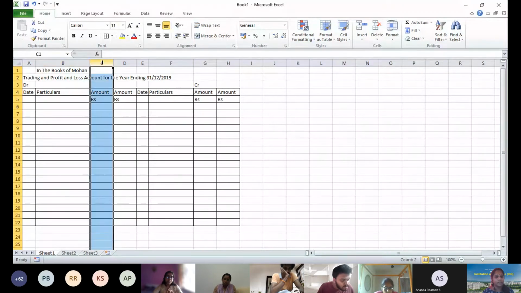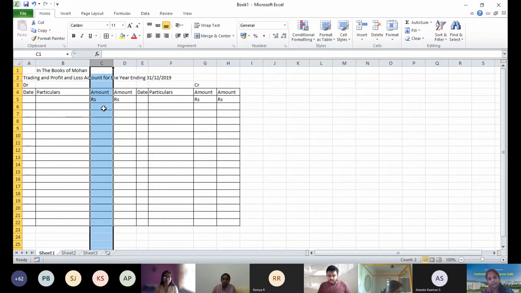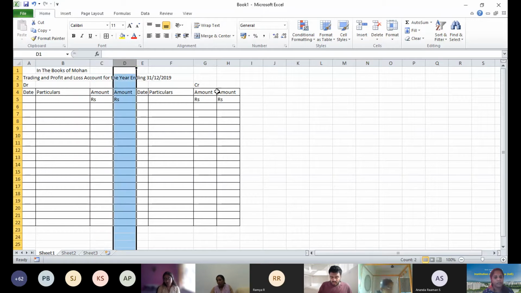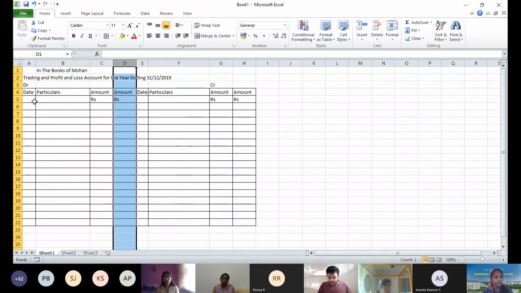Now here in C column, there are two amount columns. I told you in the format there's only one column, but here there are two columns. It's an inner column where we do all the calculation, and the outer column is the end column, which is D. So there you get your answer. Suppose for example 10,000 minus 5,000, what is the answer? 5,000. So that's what will be there in D. That's the reason I gave you inner column and outer column. So C is an inner column, D is outer column. Remember that particular aspect, and after that we'll go ahead doing our problem.